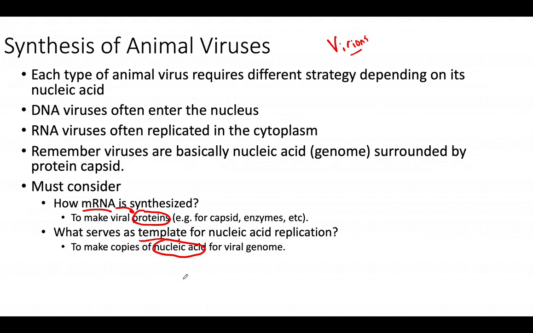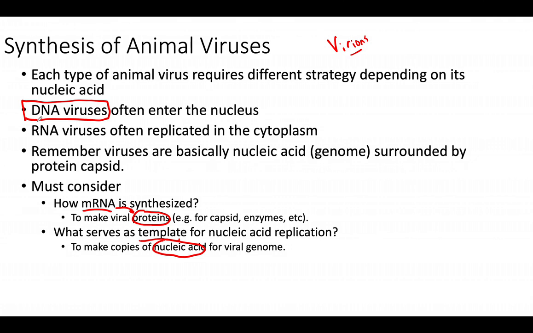They have to make proteins because they found some way to make messenger RNA, and then they have to make nucleic acid. The answer to how these questions are solved varies tremendously across different groups of viruses. So that goes beyond the scope of this class. But what we can also say is, depending upon what type of virus, we can talk some more generalities,